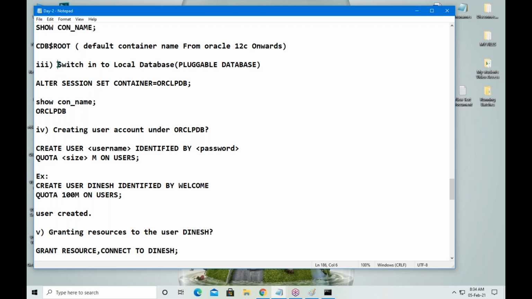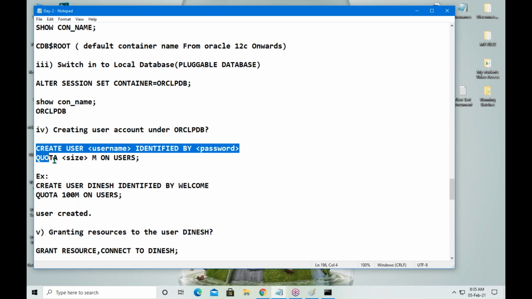Okay, and how to switch into the local database. Local database is also known as pluggable database. Alter session set container equal to ORCL PDB. Once you have switched, now how to create a user account.